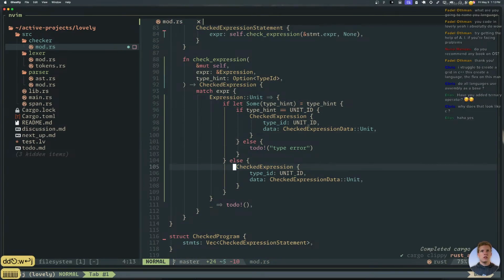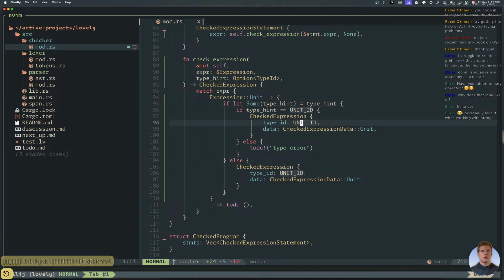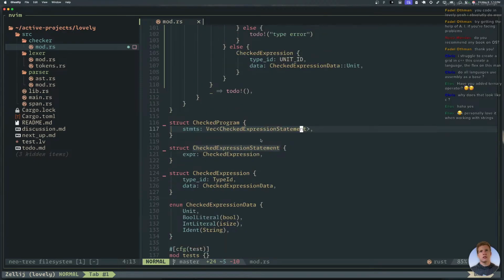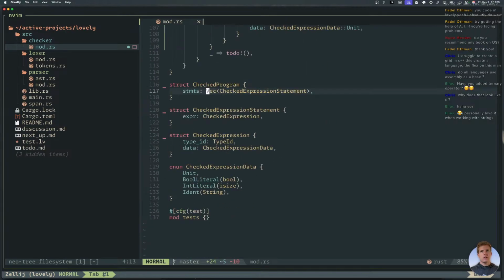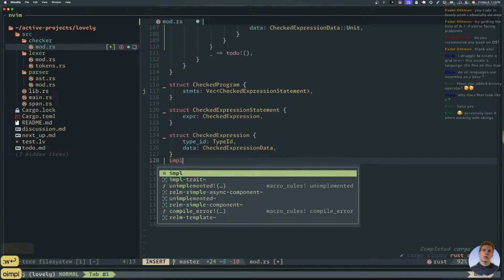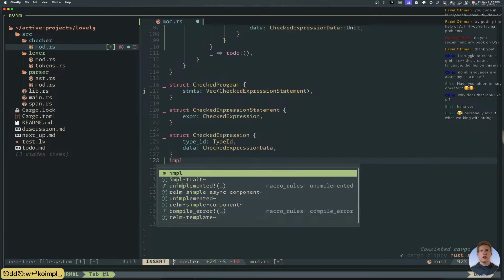So then, I'm gonna give this a little helper. Impl checked, or not this one, right? Yeah, this one.